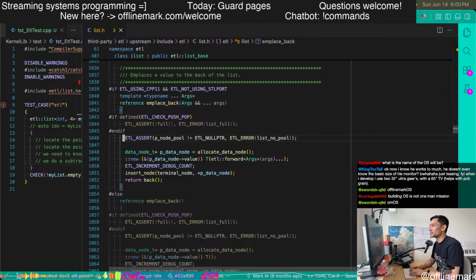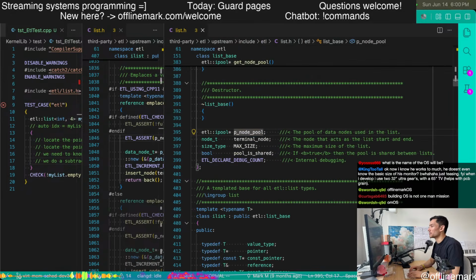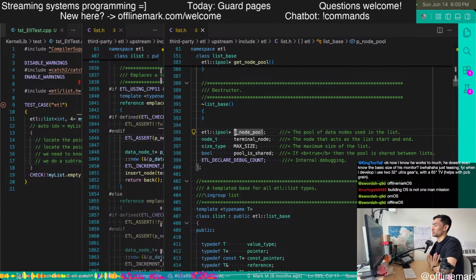Right, so we can clearly see we get the P node pool. So we have the pointer to the pool. That's the first thing we need. So we've got the pool pointer. Then we need to find out